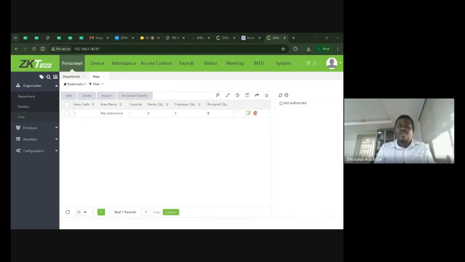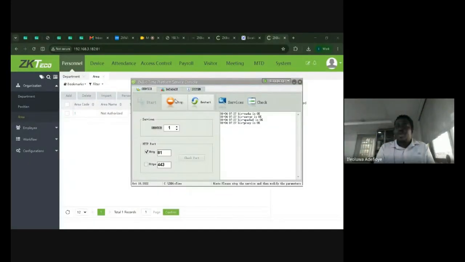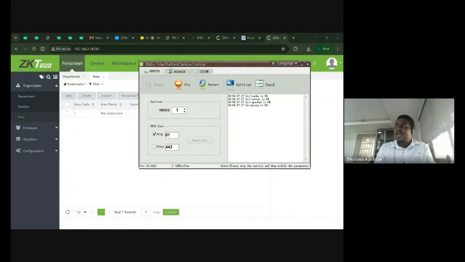In my server controller, I showed us stop share. In my server controller, here, you can see in my server controller, for my own inbuilt software here that has no data, you